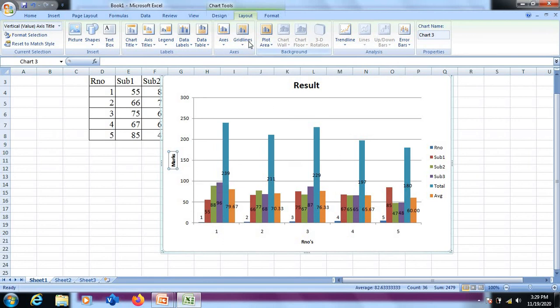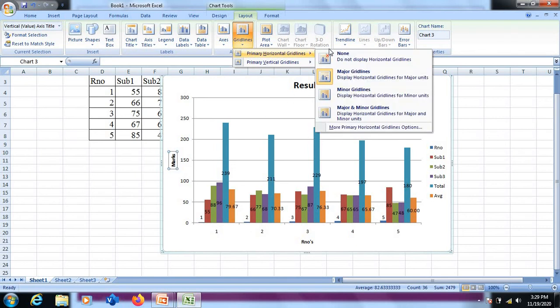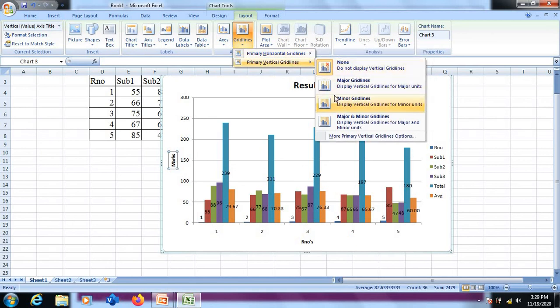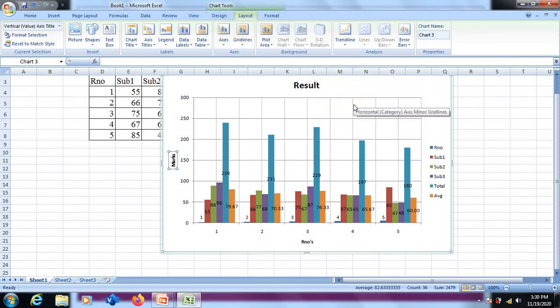This is about the axis, and you can display your chart without grid lines as well. Grid lines are the horizontal lines available with these columns in the background. You can display it without those grid lines as well. Similarly, we have different grid lines for horizontal, that is for the x-axis, and also for the y-axis. If you have a column chart, generally you will not have vertical grid lines. Let me display vertical grid lines and check how my column chart looks. So we have this vertical grid line available now.